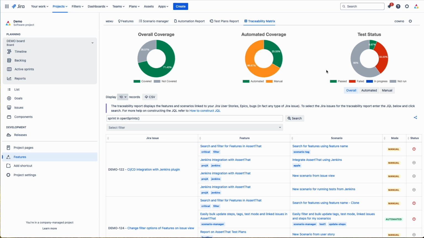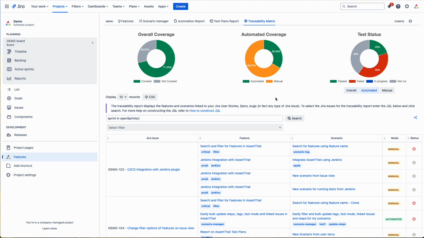And out of those scenarios linked to the issues, what is the execution status of them? The gadgets are interactive, so I can click and exclude certain statuses. And also, if I wanted to, I could display the automated or manual scenarios only.